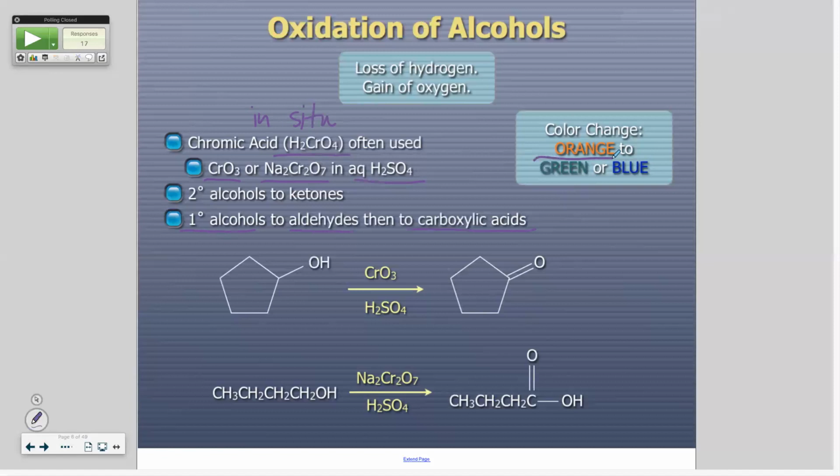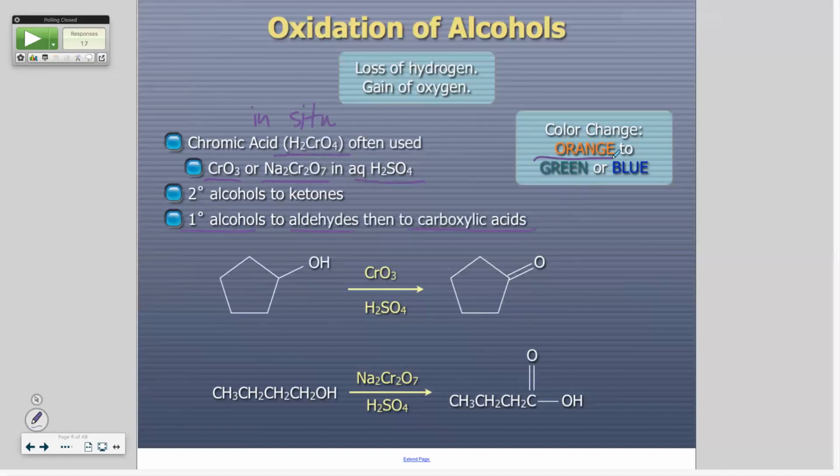What other reaction did I talk about that could be used as a test? Because this comes up in these little multiple choice tests that you take at the end. Because the color changed. Remember when I talked about bromination and adding bromine to a double bond? Bromine is a really dark red-brown color, and it decolorizes. That gets used as a test for double bonds or triple bonds. This gets used as a test for primary alcohols, secondary alcohols, or aldehydes.